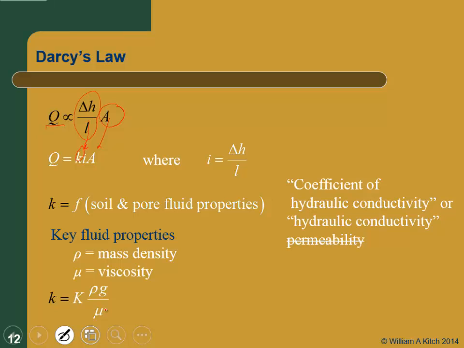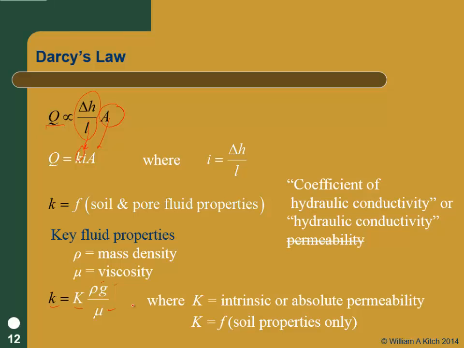And when we do that, we get a different parameter. And so we can write that the small k, the coefficient of hydraulic conductivity, is equal to a different constant times rho times the acceleration of gravity over the viscosity. And if we do that, the big K is known as the intrinsic or absolute permeability. And it's going to be a function of what then? Yeah, it's only a function of the porous media. And that's a really important number though. For instance,